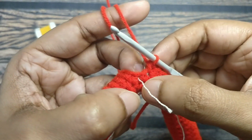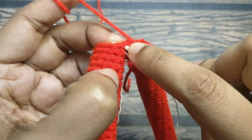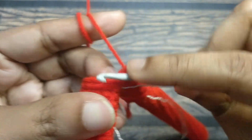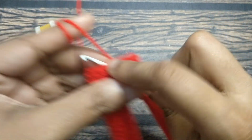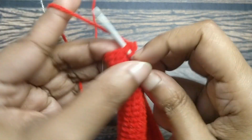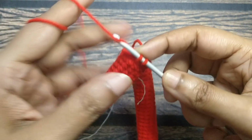And just like with the previous leg, I have my first and last stitches marked here, which makes it easy for me to identify it. So just make 1 stitch in each stitch. So 1, 2, 3, 4, 5,